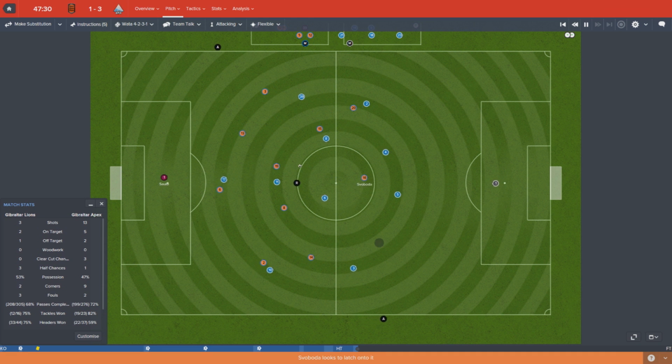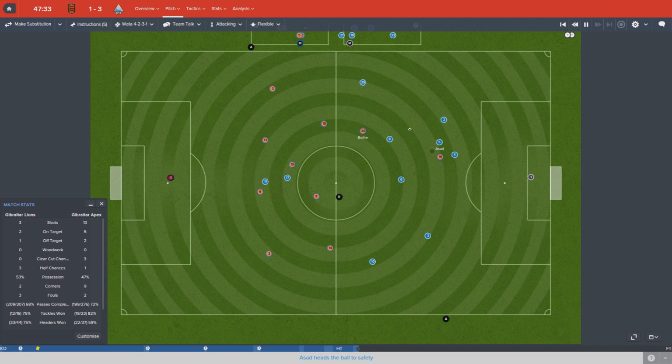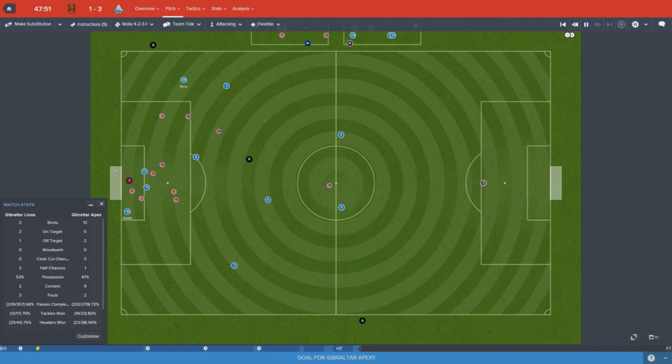Menta back to Solo. To Svoboda. It's a hoofball. They're playing 4-5-1, Lincoln. Not Lincoln, Lions. God, send help. Gibraltar Lions. So they're playing a 4-5-1 with a flat 5 midfield. Rico, what are you doing? Oh my gosh, he's just...